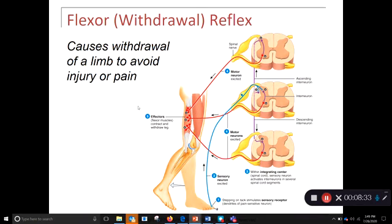A flexor withdrawal is, they're showing the leg again. It's a nice little thing to segue into for the next one, but I'm going to use my hand, the hot plate thing again. You accidentally stick your hand on a hot plate and you go, ow, it burns the flesh. Well, that's a withdrawal. You're pulling your hand away from the hot plate and avoiding extra damage and extra pain that comes with touching something